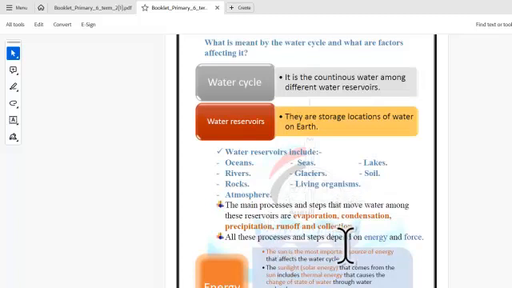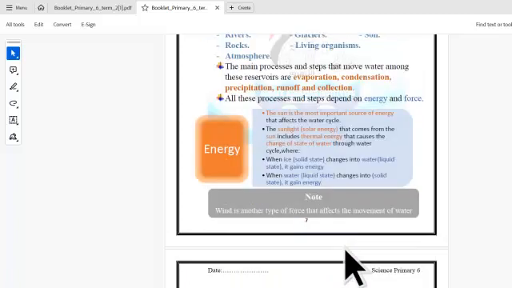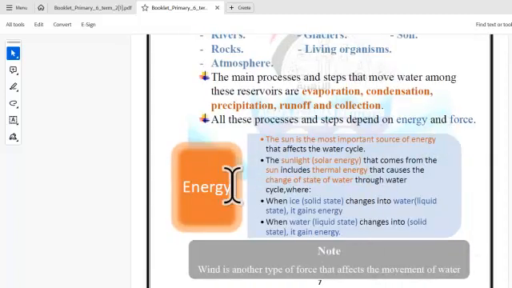The main processes and steps that move water among these reservoirs are evaporation, condensation, precipitation, runoff, and collection. All these processes and steps depend on energy and force. Energy: the sun is the most important source of energy that affects the water cycle. The sunlight or solar energy that comes from the sun includes thermal energy